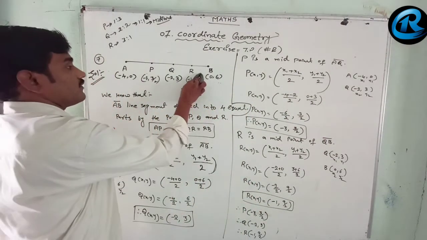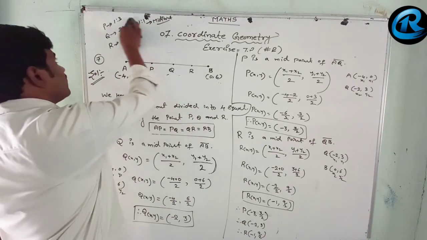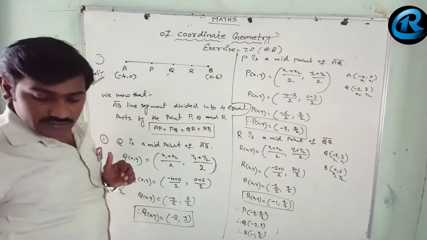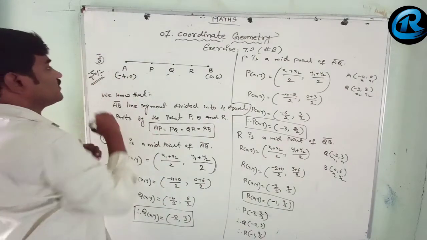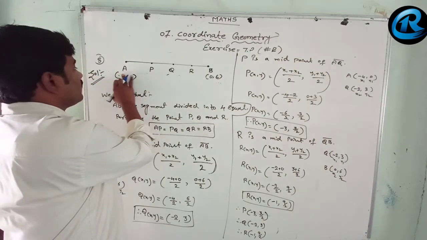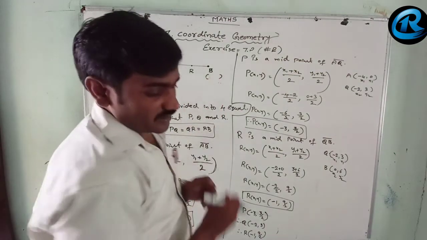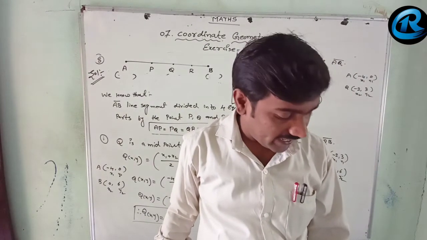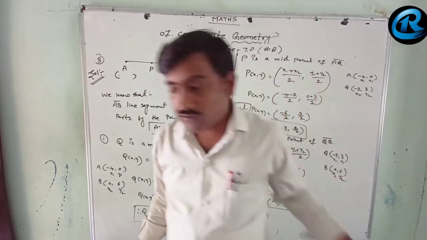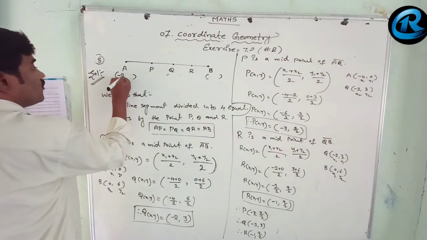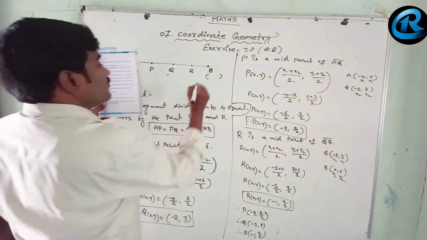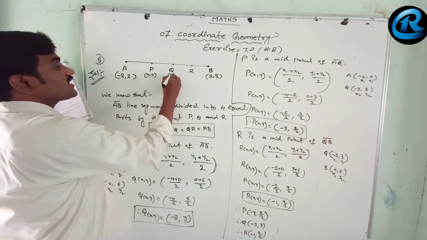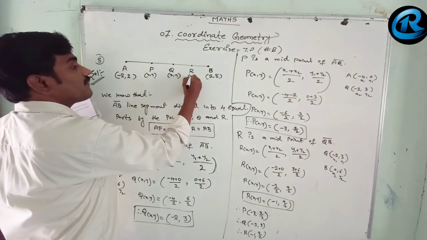In the same model again. Question number 8 is also the same model. We are going to solve question number 8 in the same way. See question number 8 in your textbook, everyone. Find the points which divide the line segment joining A(-2, 2) and B(2, 8). A point is (-2, 2), B point is (2, 8). Then we need to find out P(x, y), Q(x, y), R(x, y).